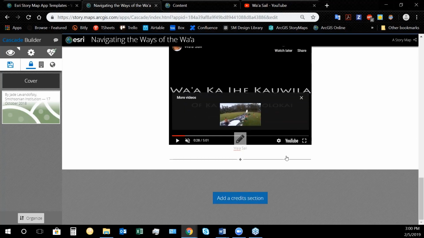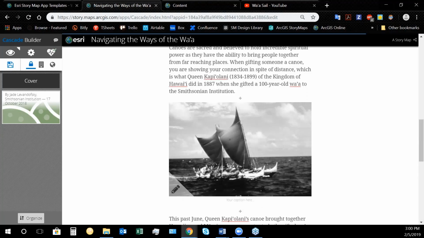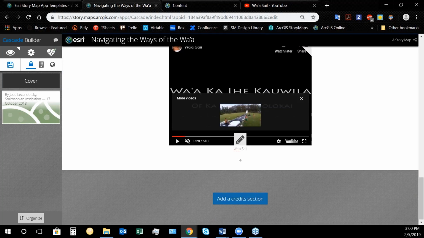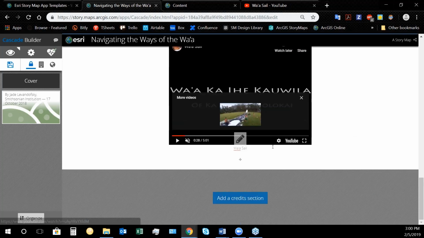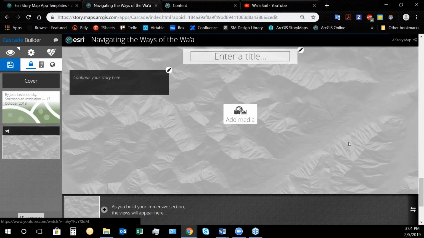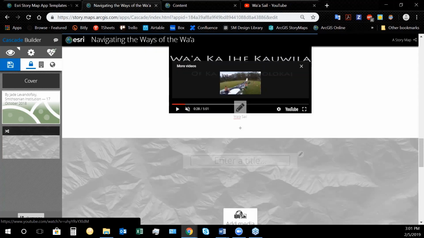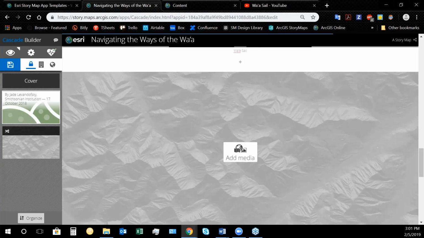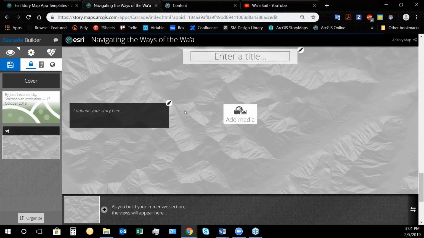Now, another powerful feature of Cascade is that section that Alan was talking about called Immersive. So far, the background is essentially locked in place and it scrolls by, as that probably jittery image for you looked like. But to add an immersive section, I add it just like I would any other section, except I'm going to choose immersive as opposed to text or media. Now, when I add immersive, this is going to expand down. And so what just happened there was I'm scrolling through a standard narrative section, and then I enter into the immersive. The background locks in place, and I see those caption boxes along the side.